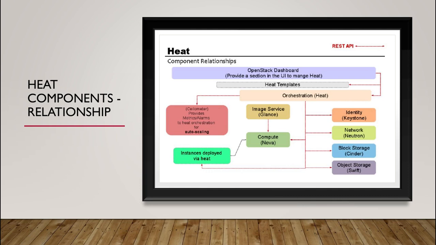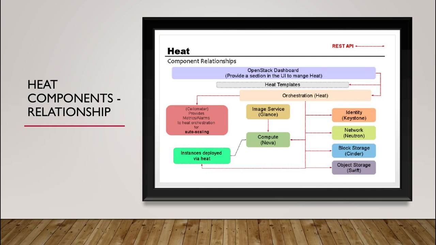So that is one condition. Or suppose you are configured with Ceilometer, where it can trigger an alarm which can go and launch an instance. In that case Heat gets a trigger from Ceilometer, which sends a request to Heat to launch an instance. So in that case also it goes a similar way. Identity service, Neutron, block storage, object storage, image service, and compute, it talks with everyone and it launches the necessary instance with the necessary resources. So here you can see all the communication is happening via REST API. So all these red dotted lines are REST API.